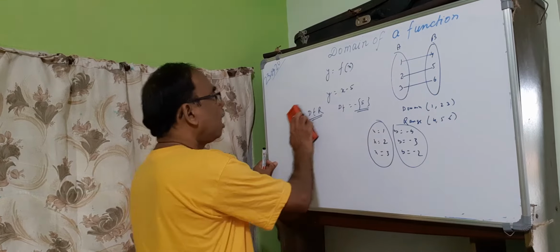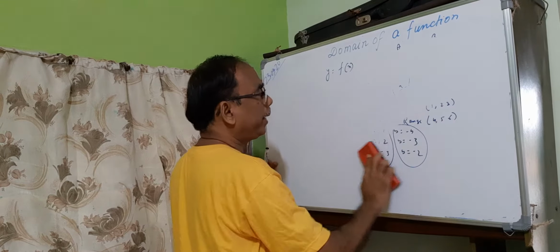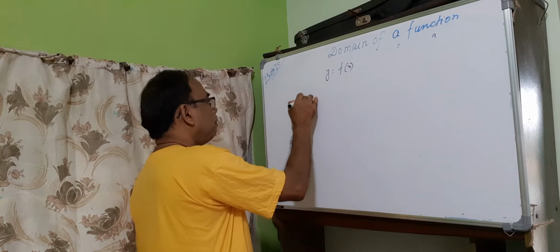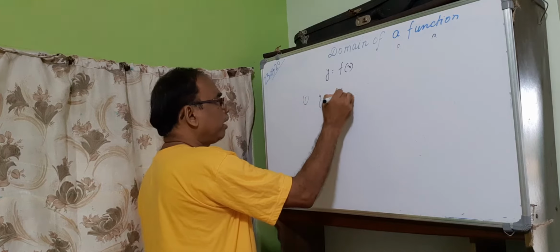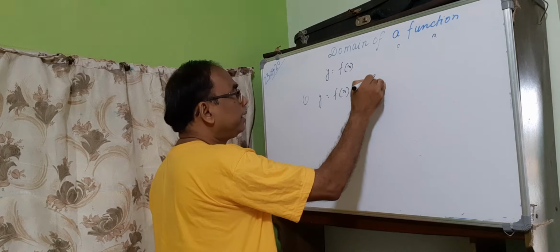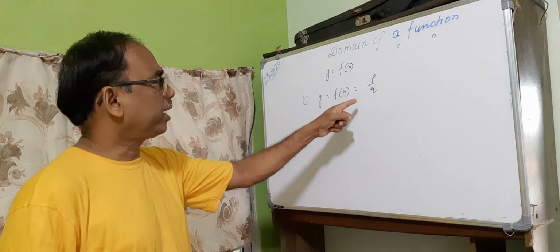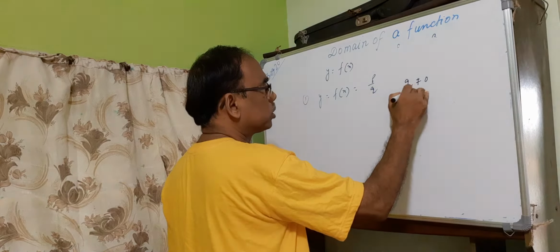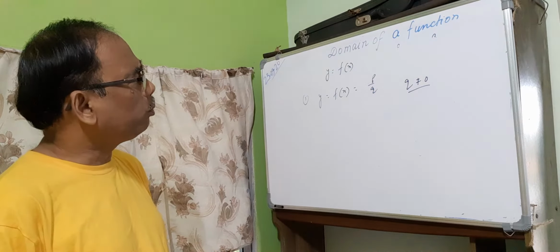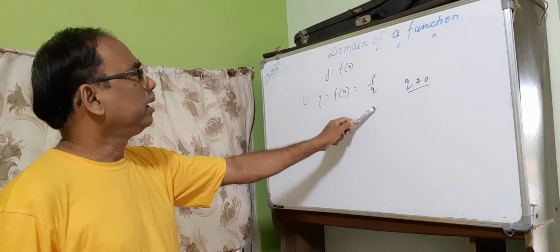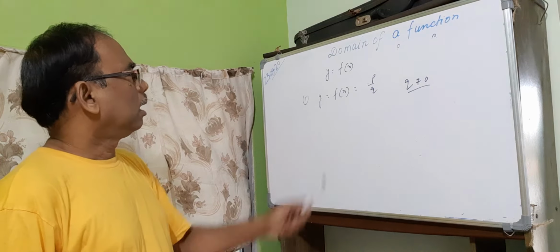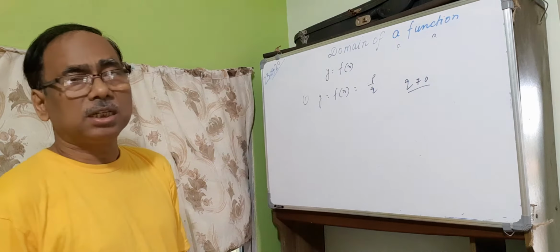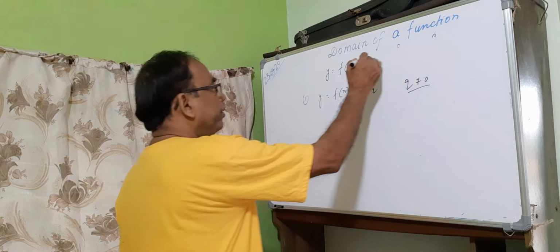Now question is, how could we find domain of any function? There are 3 rules. Number 1, if y equals f(x) equals p by q form, if it is a rational number, we have to write q should be not equal to 0, because if q is 0, this function will be imaginary. Something by 0 is imaginary. This is useless. It should be a real valued function.